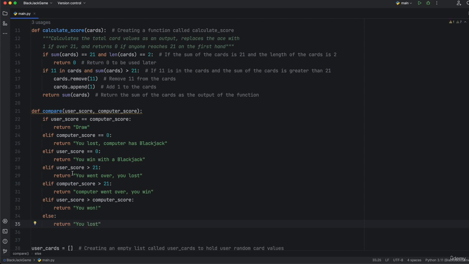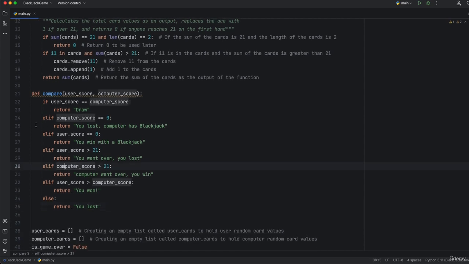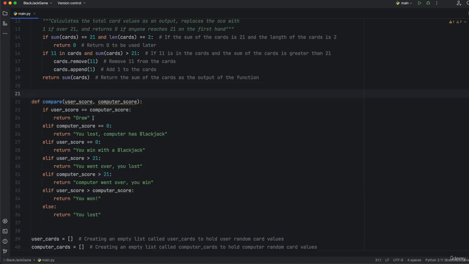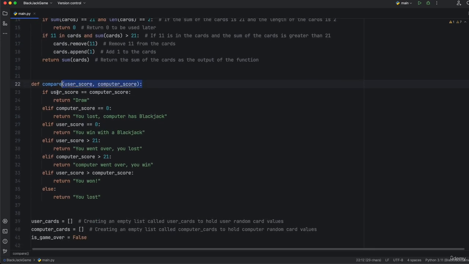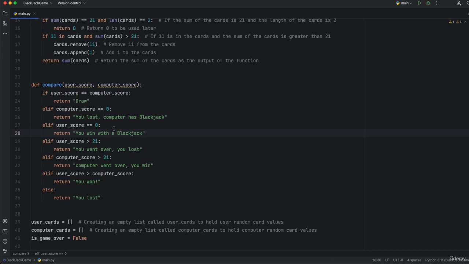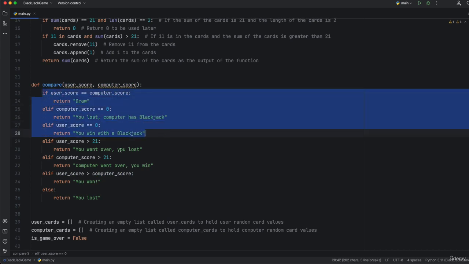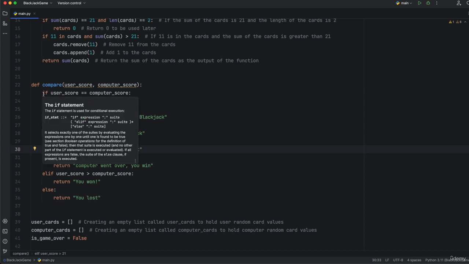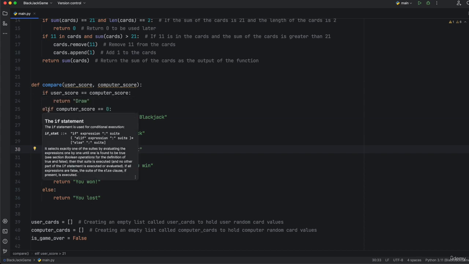So one of the things I want to explain here is that we have a function with a lot of returns, right? So let's actually bring this down. PyCharm is not liking that. So I want you to understand what is really happening here. We have a situation where we're checking for a lot of different conditions, and if you remember about if and else statements and elif and everything else,